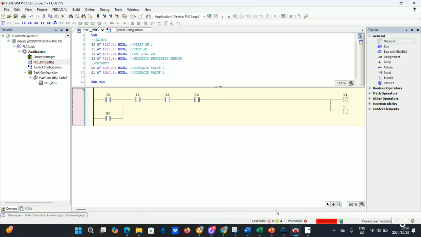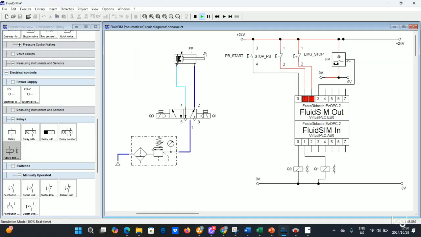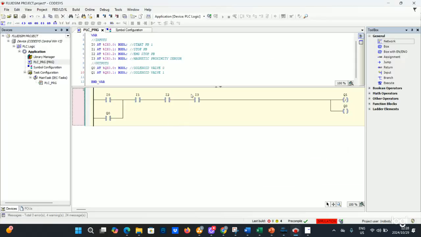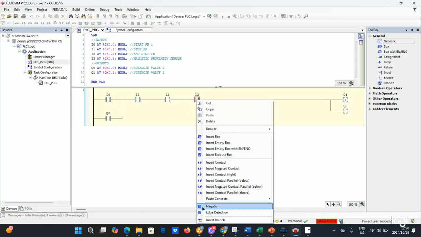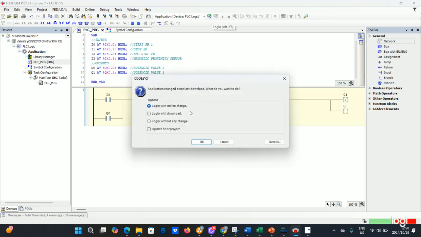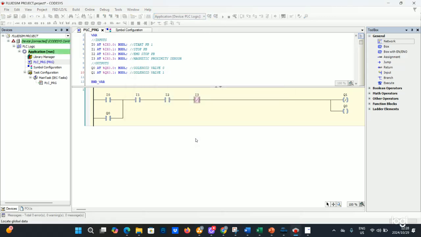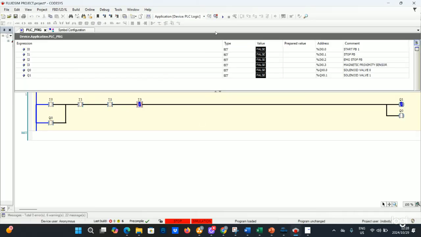So it's going to be your I3, right? But since your I3 is not currently on, if you put it like this, current will not pass through, right? Therefore, you have to negate this, right? And then you log in, and then you play,